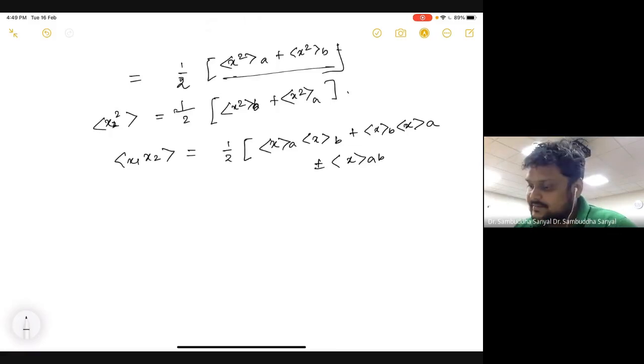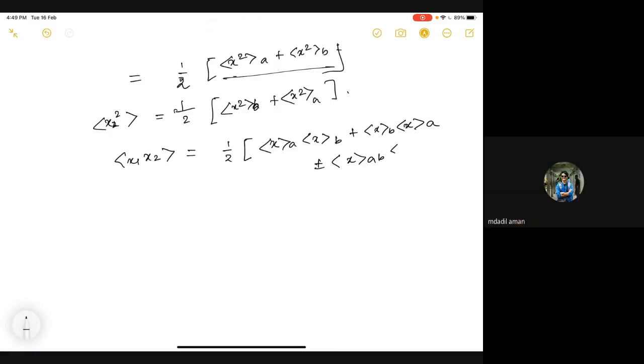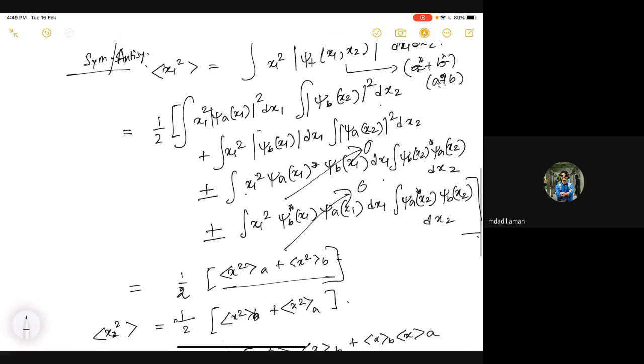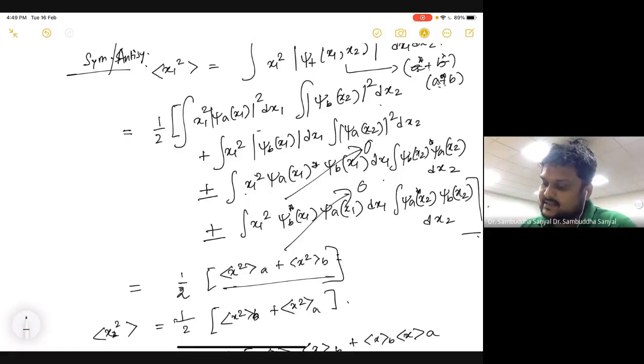And one more question. We started with the expectation value of x1 square and came up with x square A plus x square B in the symmetric or antisymmetric case. What does that notation mean? The expectation value of x square in the A state. That means it's just the square of x in the A state, and one is tagged for particle one.